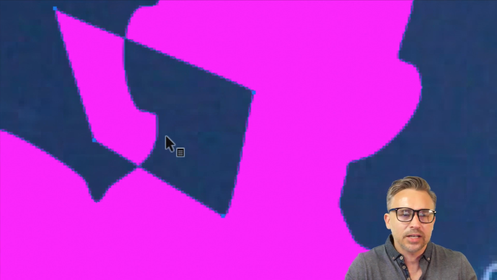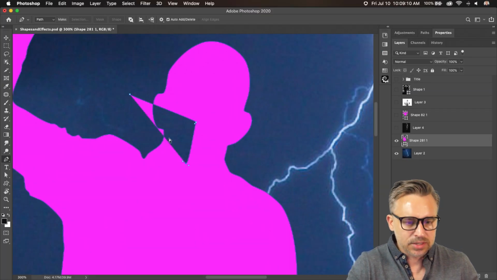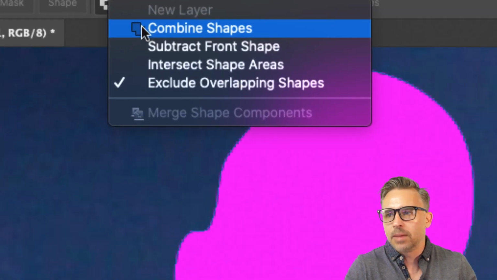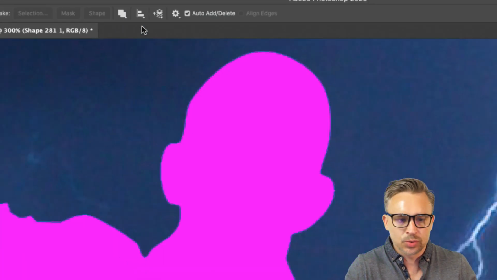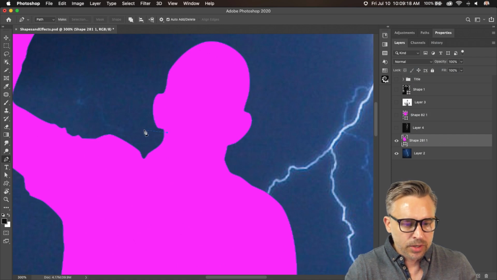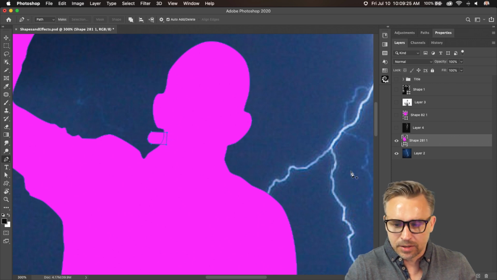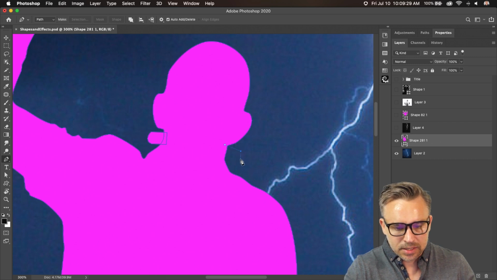That's not what I wanted. I just wanted to add bolts, right? So let's undo that. Go right up here at the top. And what we want to do is we want to combine shapes, right? We could just do that, combine shapes. We can draw out like those little bolts, like that. I don't know, something like that. There it is, right? Over here, same size, side